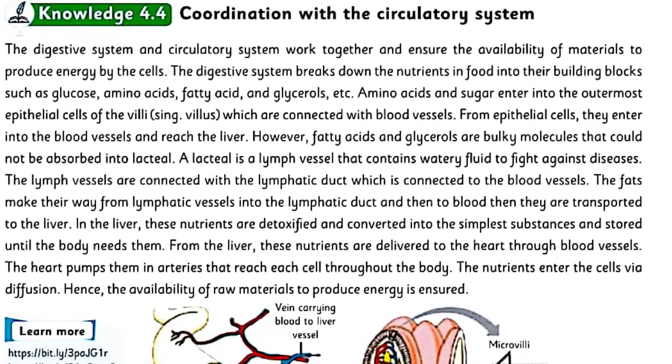Knowledge 4.4. Coordination with the circulatory system. The digestive system and circulatory system work together and ensure the availability of materials to produce energy by the cells. The digestive system breaks down the nutrients in food into their building blocks such as glucose, amino acids, fatty acids, and glycerols,